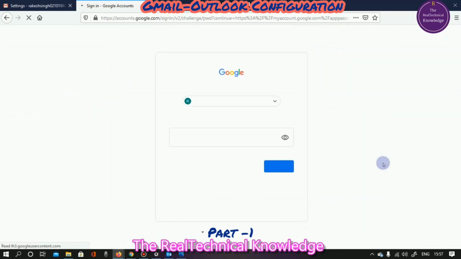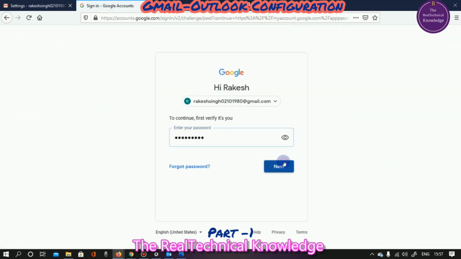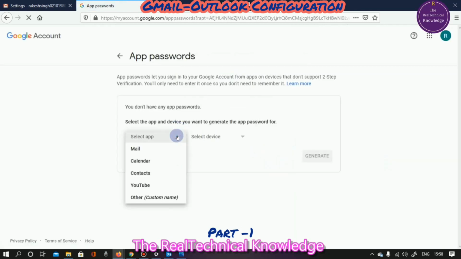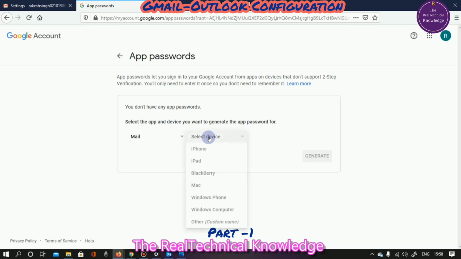So now it is none. We need to log in with the credentials which we want to configure. See, now we need to select the app. Under the app, we need to select Mail because Outlook is a kind of mail service provider. Then we need to select the device. Under device, we need to choose the operating system. Our operating system is Windows Computer.